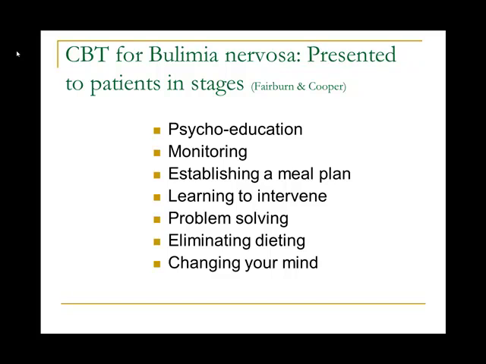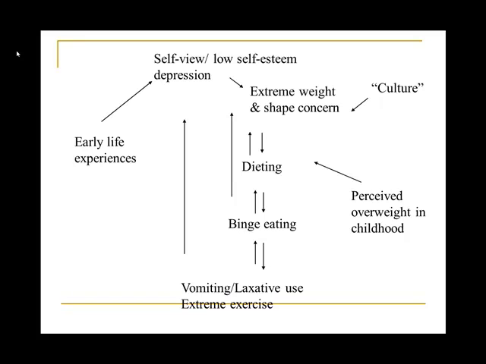Cognitive behaviour therapy classically was developed first for bulimia nervosa and is presented to patients in stages which are listed here. It is based on a personalised view of the onset and the perpetuation of the eating disorder by concerns such as extreme weight and shape concern, leading to dieting, getting into a vicious cycle with binge eating and compensatory behaviours